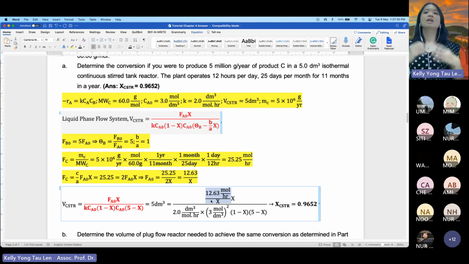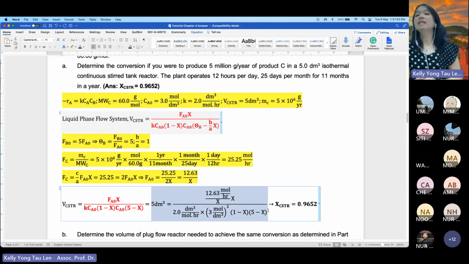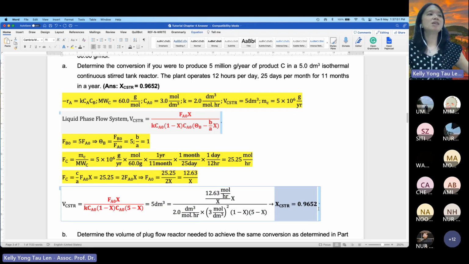Okay, so this happen dalam soalan tu, dia menjadi bentuk tu. So terbatal X tu sebenarnya. Kat bawah, you replace with the numbers. Again, this is a quadratic equation where you have to solve and eventually you will get the conversion of the CSTR as 0.9652. Sebab kan dia kata soalan ni tujuan dia adalah cari conversion kalau saya ada 5 dm cube CSTR dan